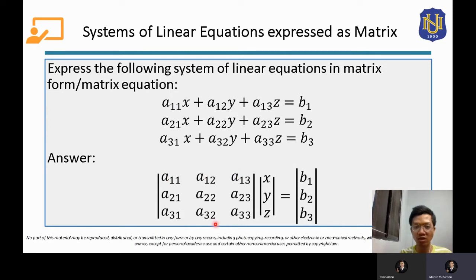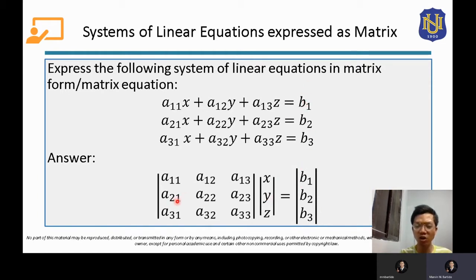It will be multiplied by a column wherein the elements are the variables of the linear equations. The variables here are x, y, and z,